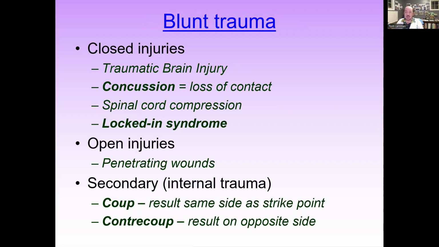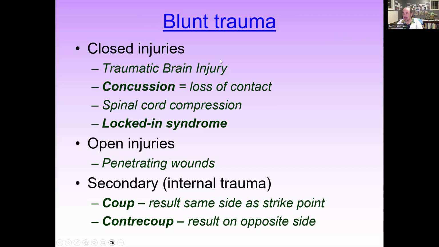Nervous tissue actually has some good self-protective mechanisms. When nervous tissue is suffering trauma, very commonly it shuts off that part of the nervous system because it doesn't want to use something that's weak. And so it temporarily sets it up into almost like a mini coma while the body tries to reset. So a traumatic brain injury or a concussion is where you've had blunt force trauma enough to cause the brain to say, okay, this part of the nervous system is not working right now. I don't want to keep trying to run an engine without oil. So I'm just going to turn it off for the moment and let it reboot.